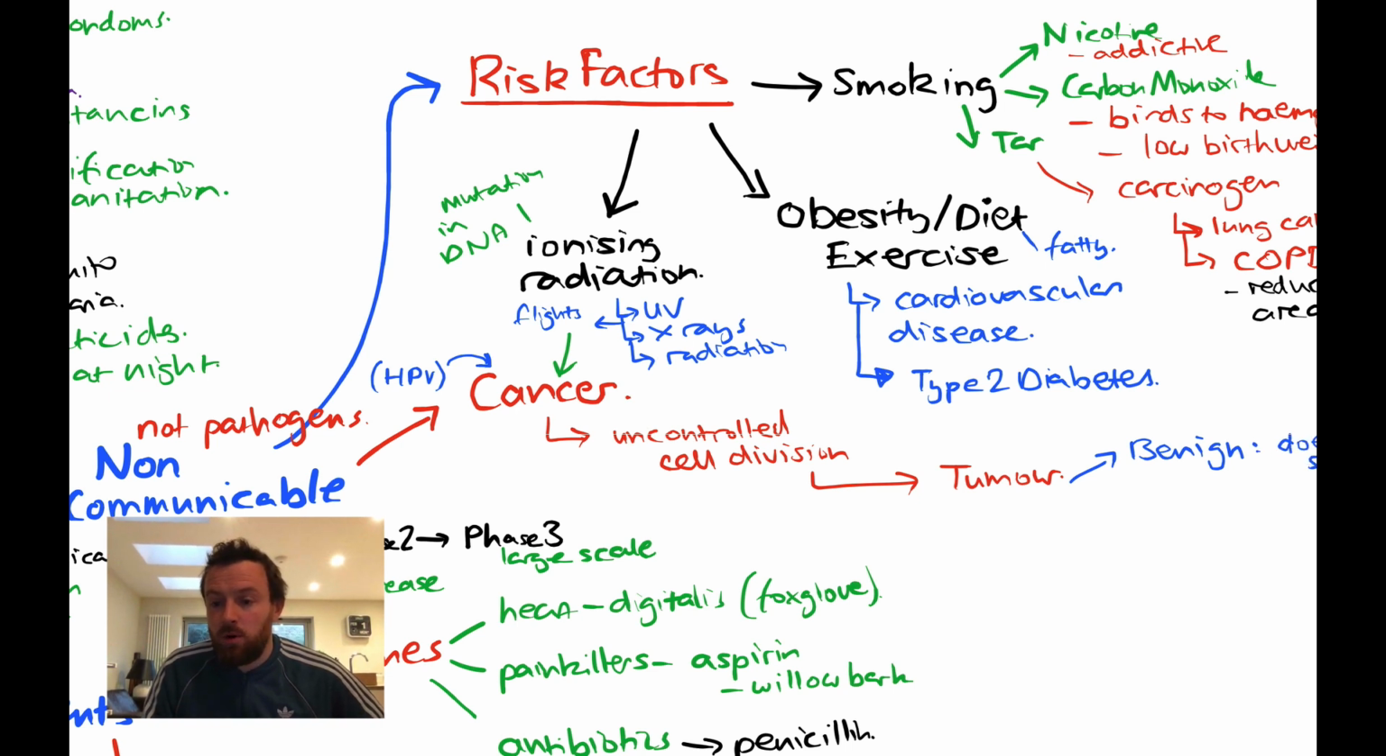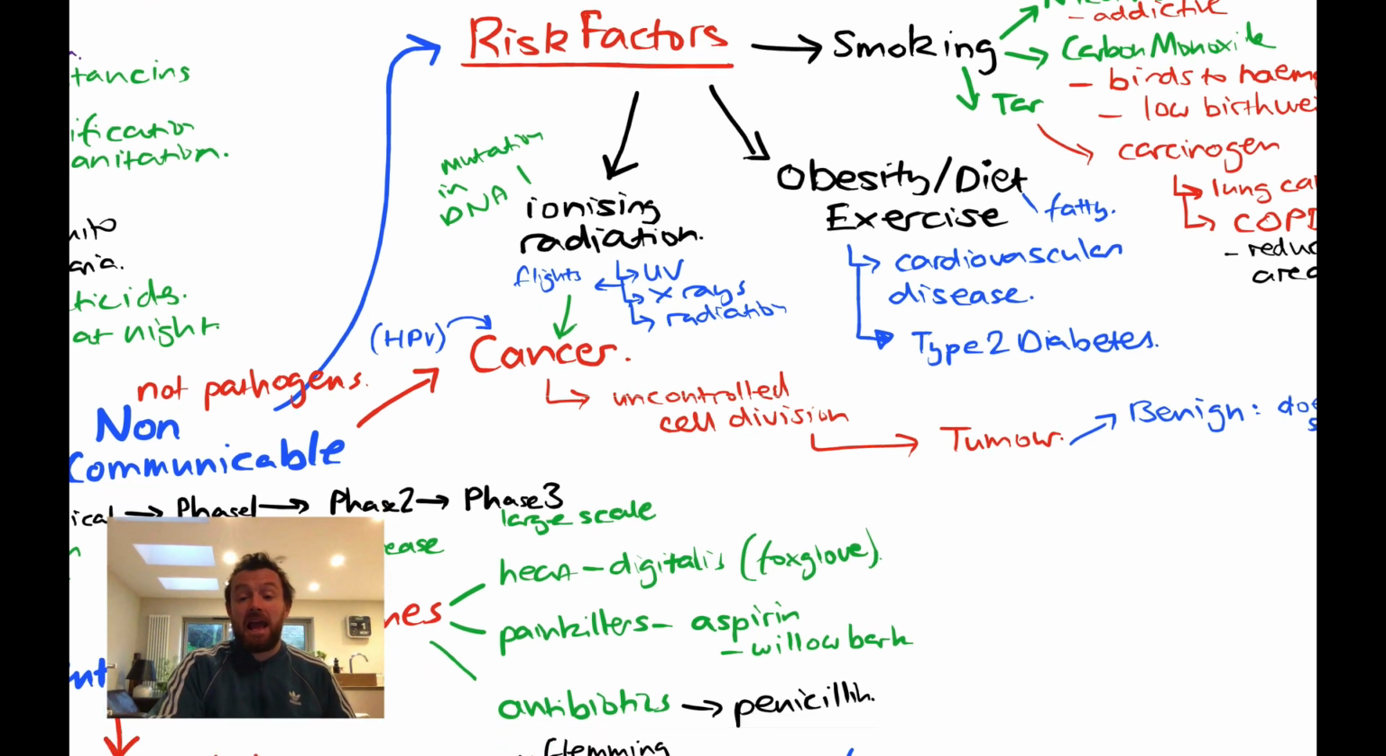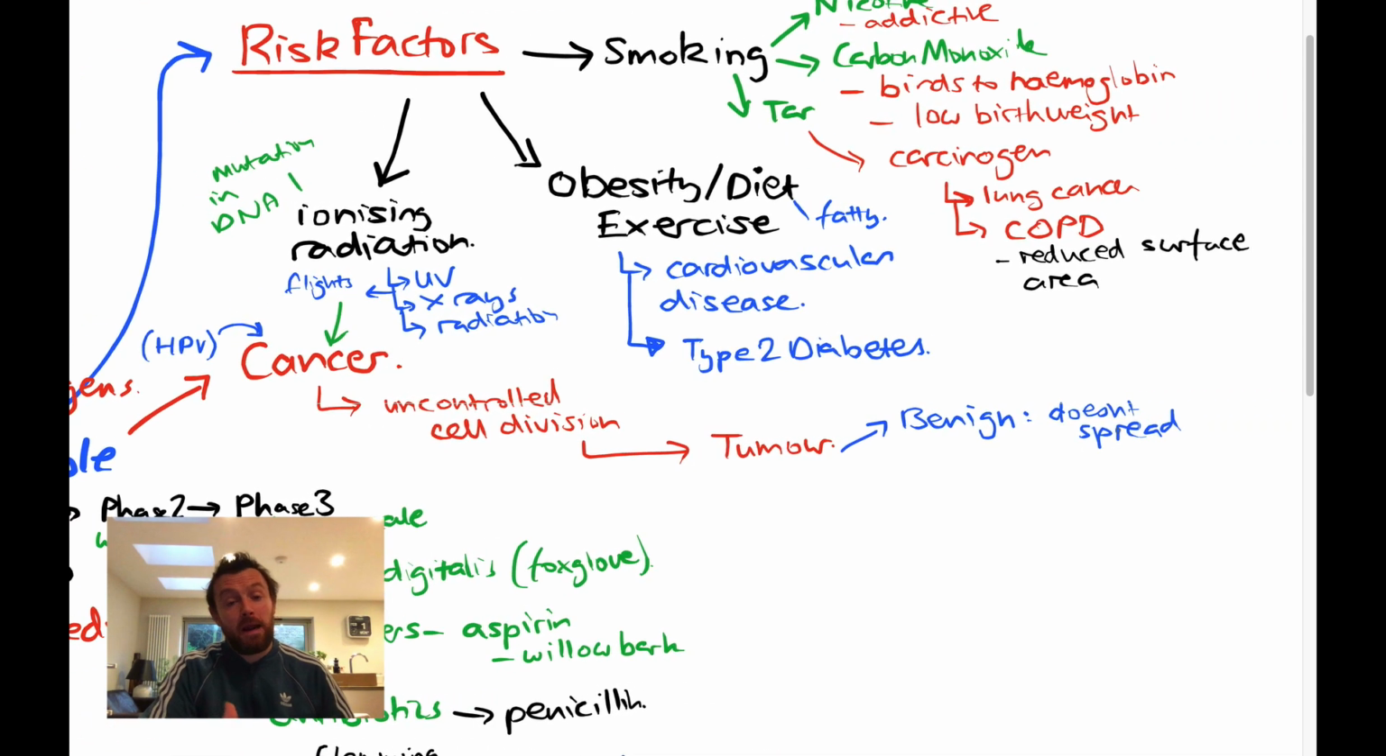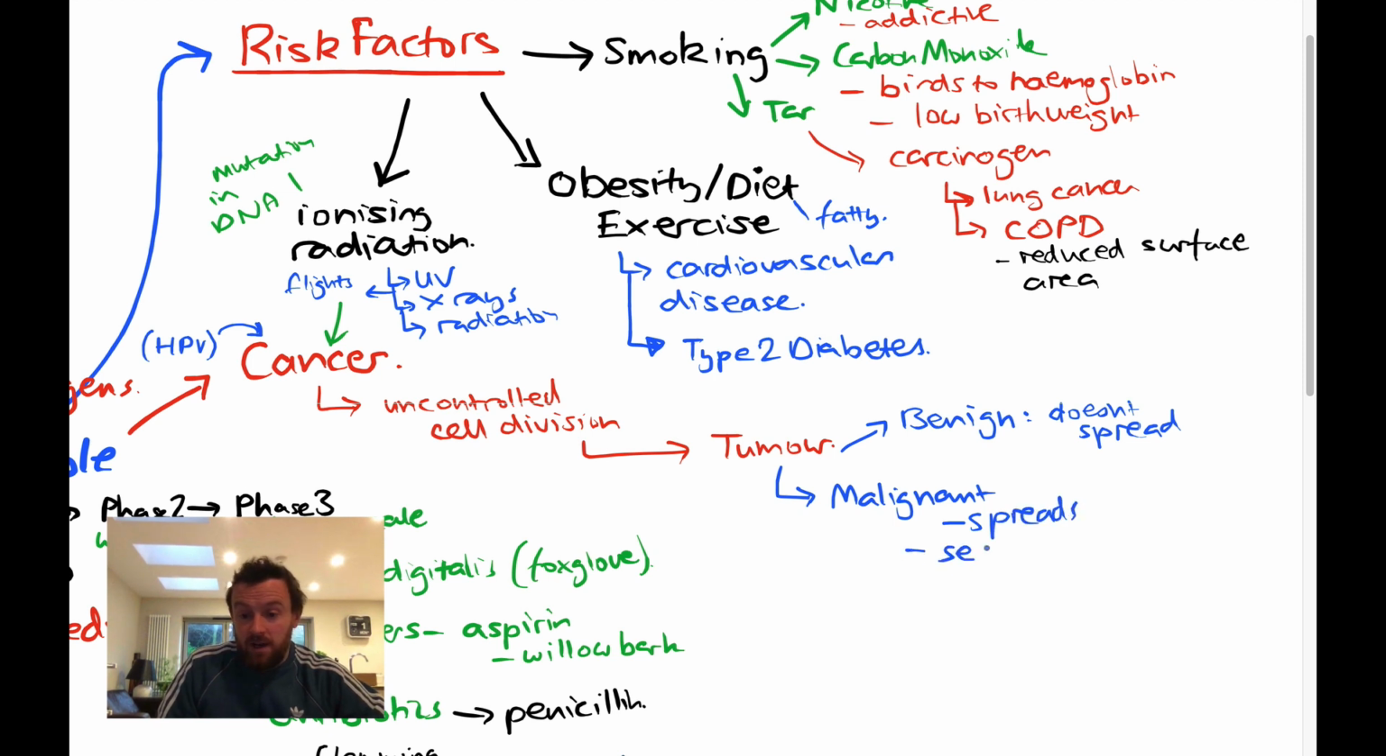Can still be a problem if it grows in a delicate area. For example, a benign tumour in the brain can still be a problem because it will squish the rest of the brain. But more problematic is malignant, which means that it spreads. And we can have secondary tumours growing. Treatment involves,